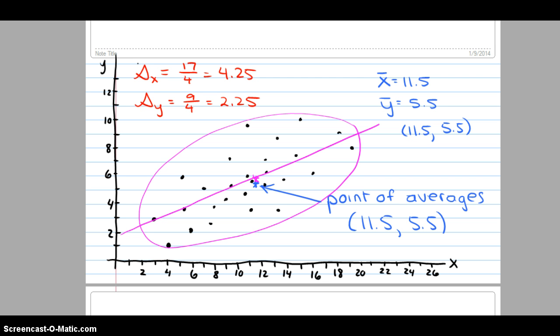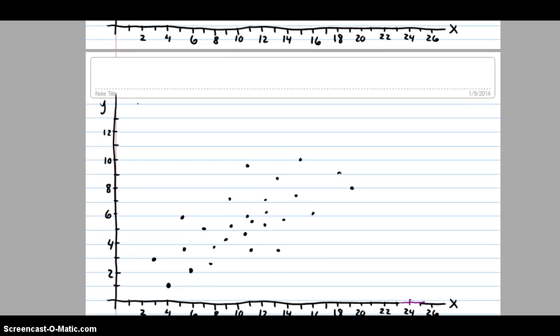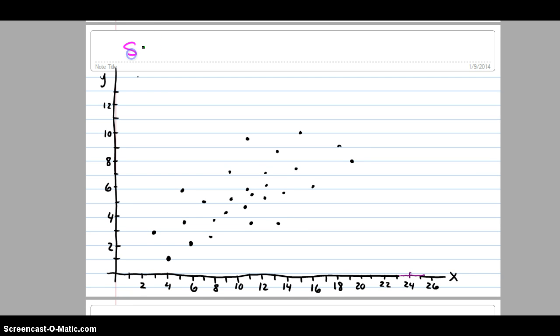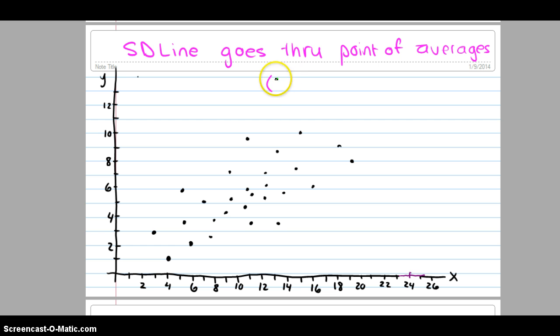So how would I find the equation of that line? Well, the line that splits the scatter plot oval exactly in two mirror-shaped pieces is called the SD line. SD as in standard deviation. The SD line goes through the point of averages, so I know a point on the line. I know it goes through the point 11.5, 5.5,